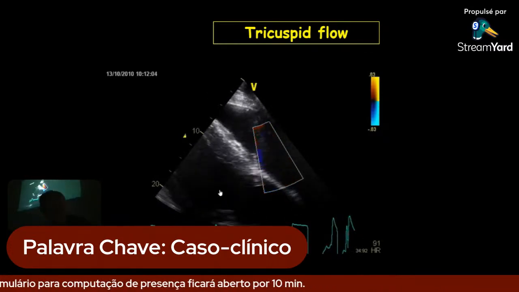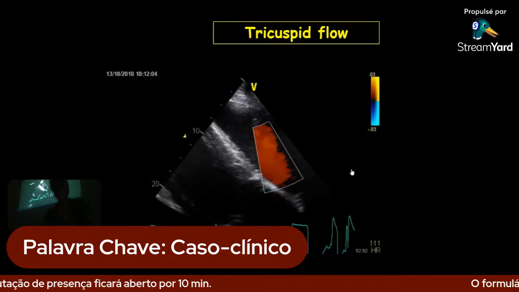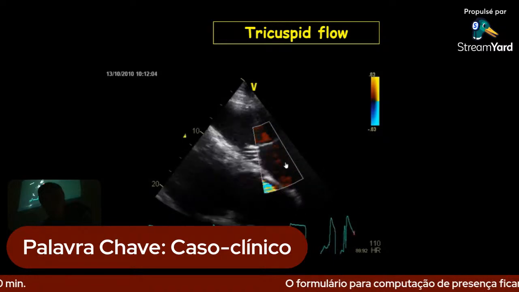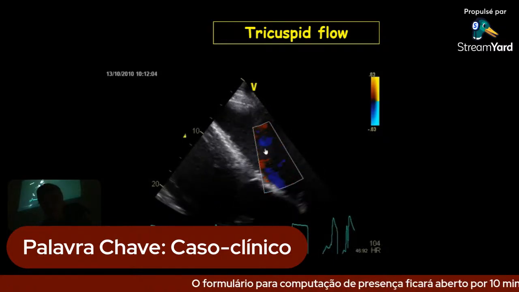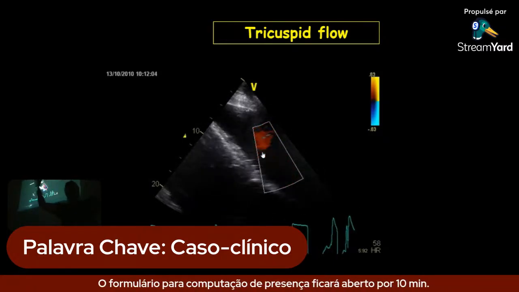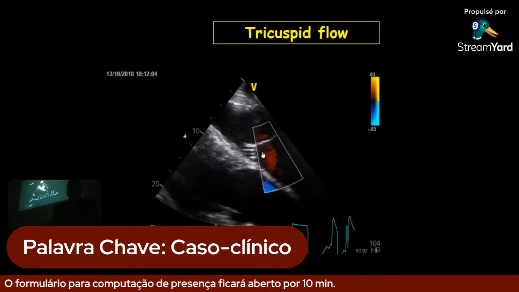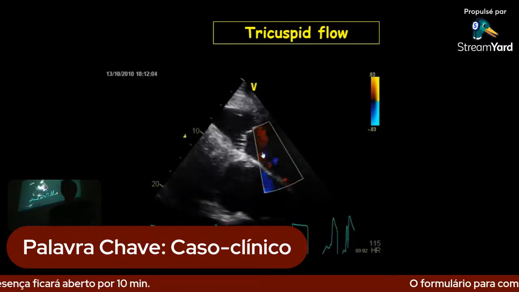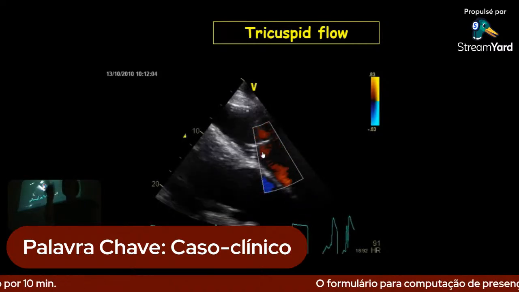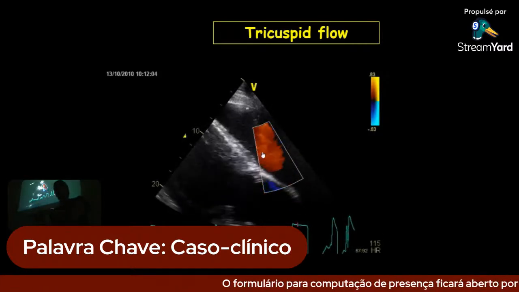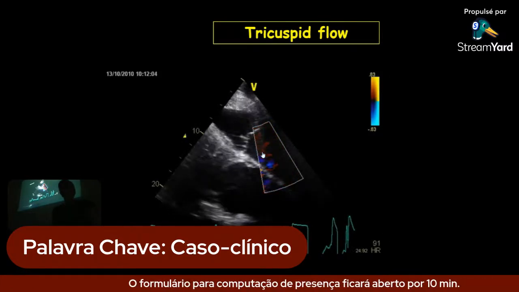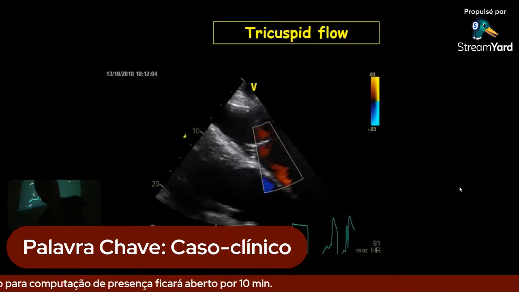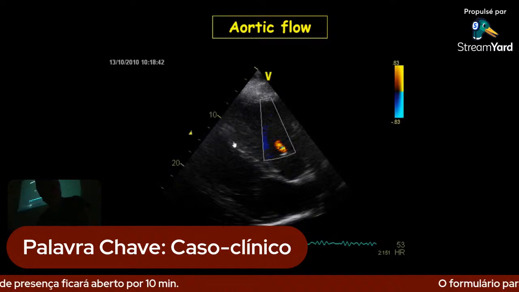Indeed, if you look at the moment of the closure of the valve, during systole, now you see a very, very small turbulent flow at the closure of the valve. Yes, there is a slight tricuspid insufficiency, but it's not what does the murmur you heard with the stethoscope. It's because you did a Doppler and you see a very, very small insufficiency, but it's too small to be heard by the stethoscope.